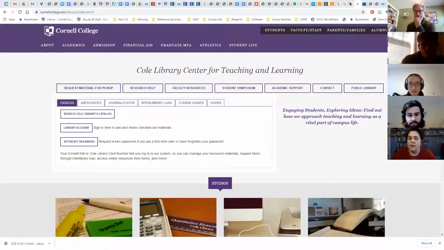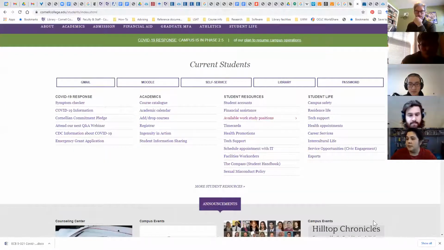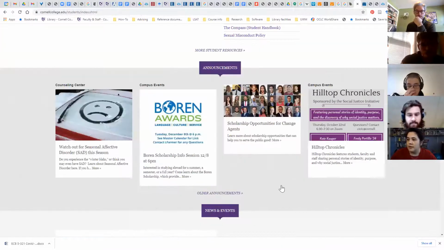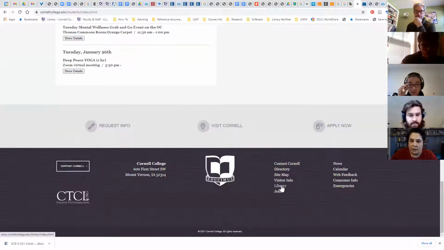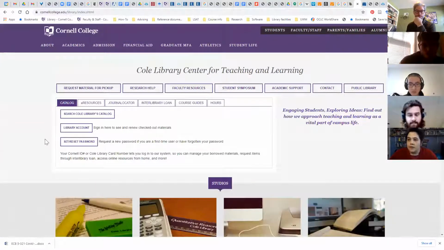All right, so on any page, if you're on the student portal, there's a big library button, but on any page at Cornell, if you go down to the bottom to the giant purple bar, there's always a link to the library. So if you can get to any Cornell webpage, you can get to our page. If you wanted to find just a book, where would you go on here? Can you see this page?